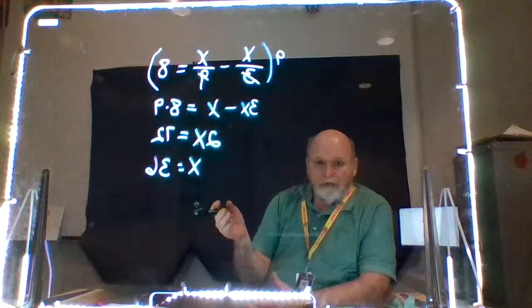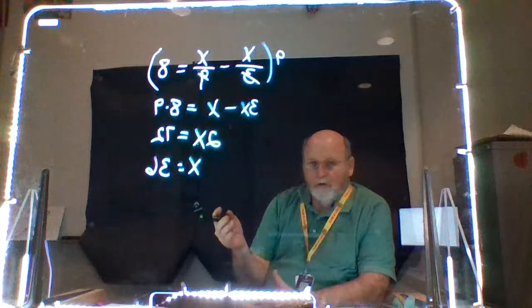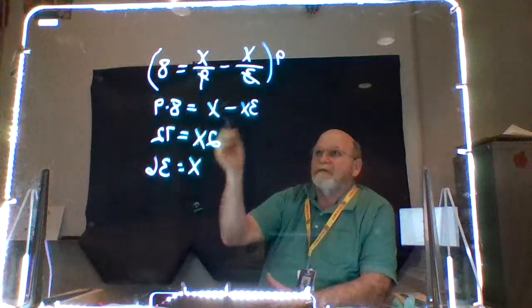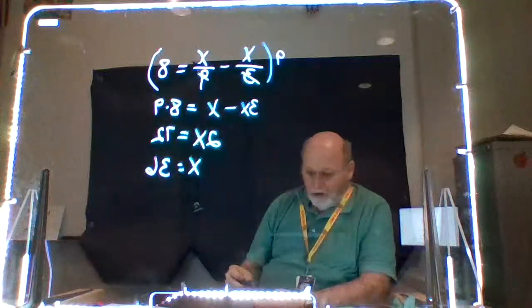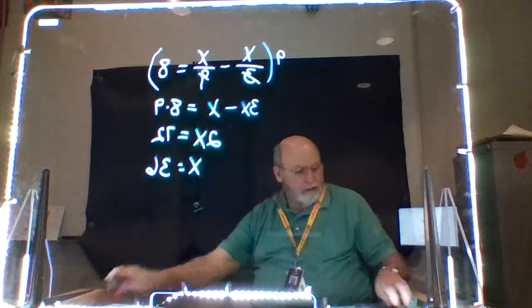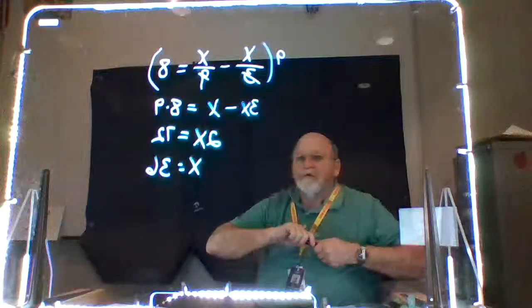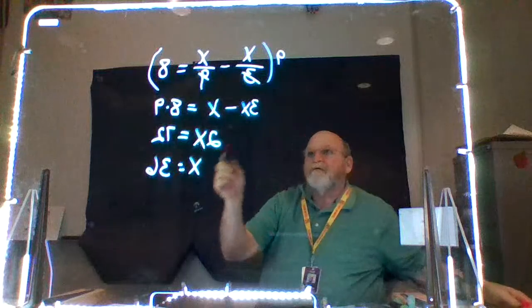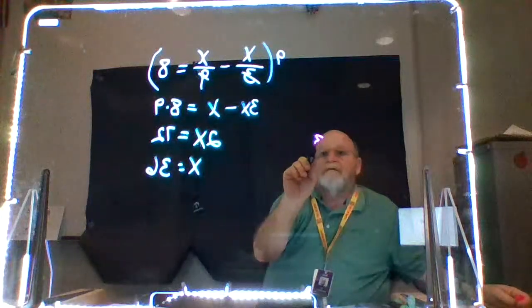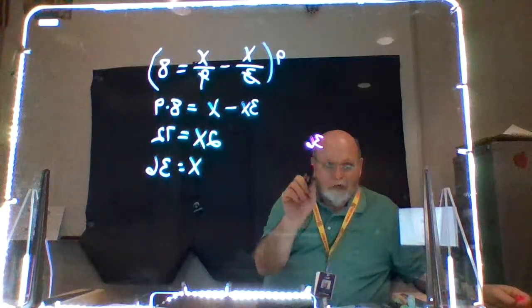And don't forget to check. Make sure you're checking your work, right? Take this 36, put it back in up there, and see what you get, right? See what we end up with. So let's just do that. We're going to take 36 over 3,